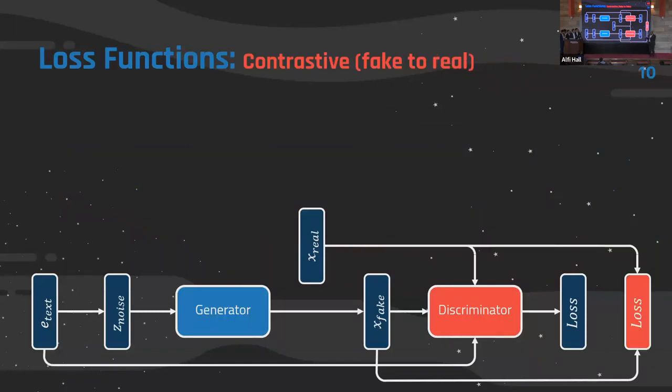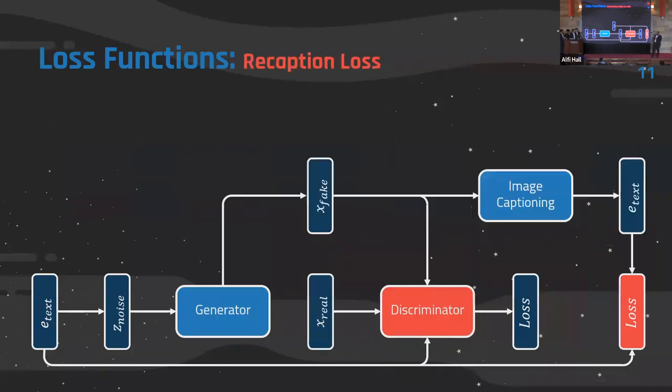And further, we want the generated images to have a similar distribution to the real distribution of the images, and for this we introduced the fake-to-real contrastive learning, which basically does the same thing, but with the generated image encodings and the real images from the data set. And now we'll see how